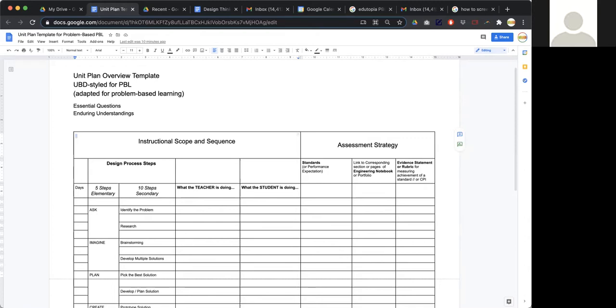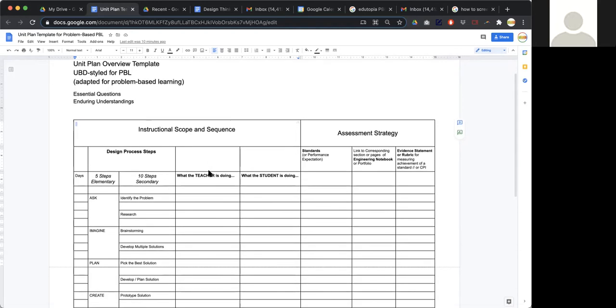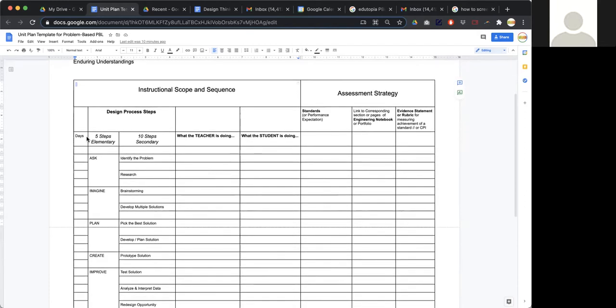So given that problem-based learning (PBL) is contextualized around a real-world problem, and real-world problems are solved by using the design process to create a solution, the template takes the assessment portion of a traditional UBD-styled unit plan, and rather than citing the assessments over at the top of the unit plan and just saying if they're formative or summative, it places the assessments right into the sequence of the days or the lessons down the left-hand column here,